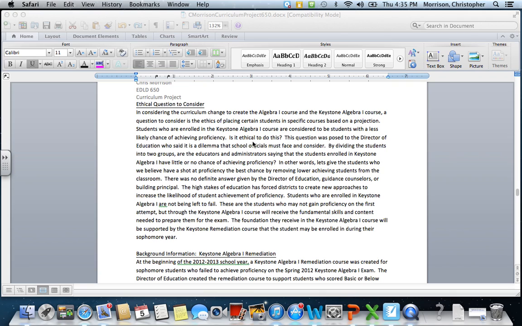Today, that's not what education does. At least I know in my school district, we do not group students together based on ability. Students are in mixed classrooms, and some teachers and administrators think that's the way it should be, and others believe that by mixing high-end students and low-end students together,